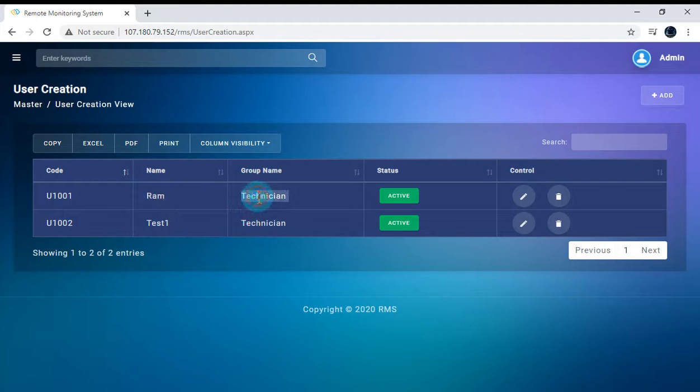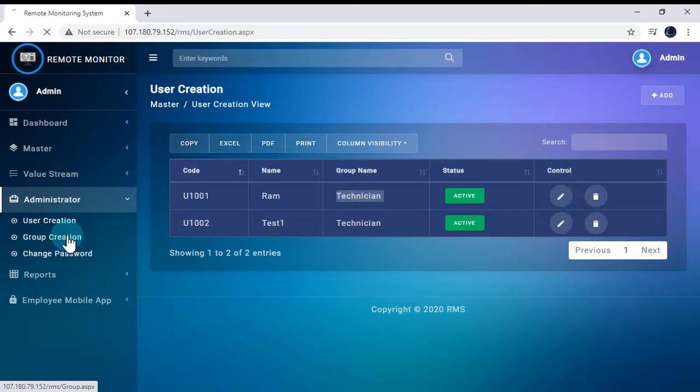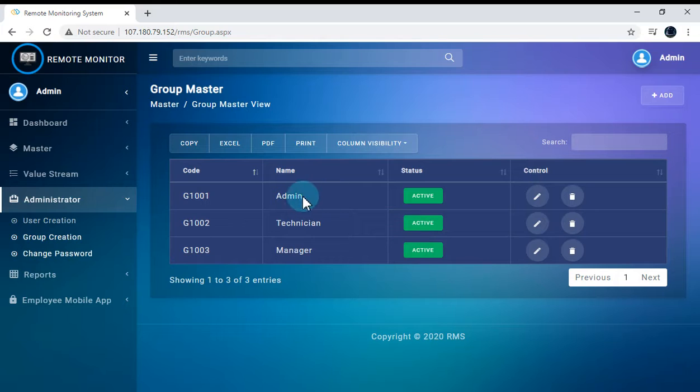Before creating the users, first you need to define the group to which he belongs. Either it could be admin, technician, or manager, or any other role you want, you can define in this form.